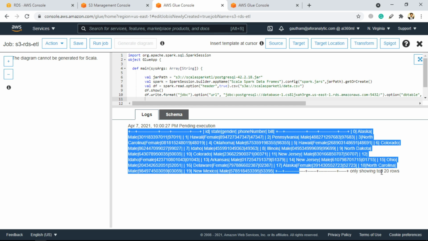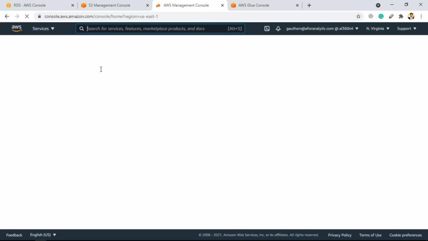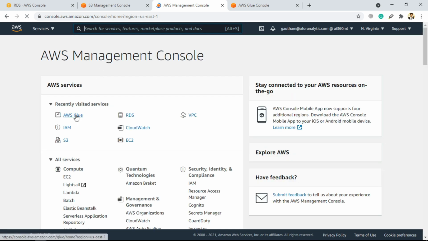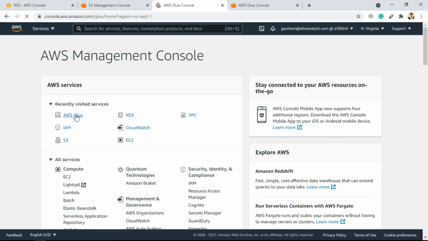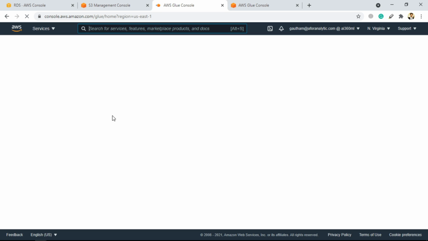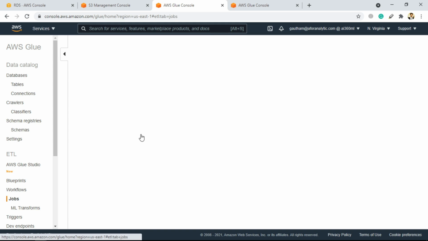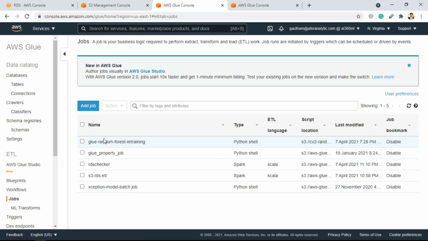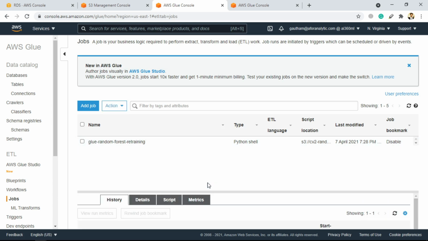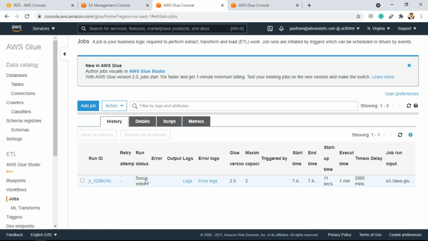prints the output. So just to make sure, go to AWS again, and from here we need to go to the Glue job and select our job, and then we will check the status of our job, just to make sure that the job succeeded. And for the jobs, inside these jobs we will look for our created one, S3 RDS ETL. Click on that, scroll this up a bit, and you will notice that the run status is succeeded.